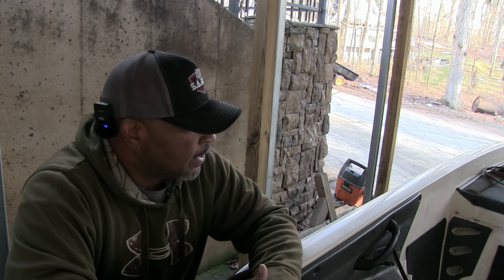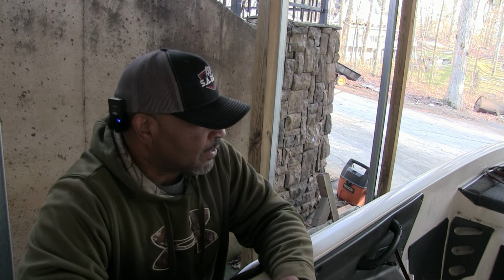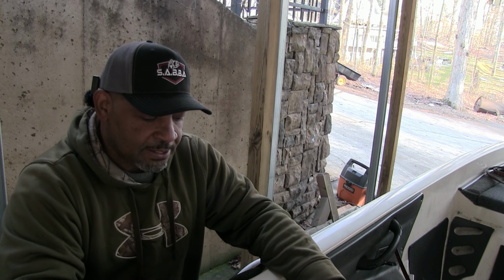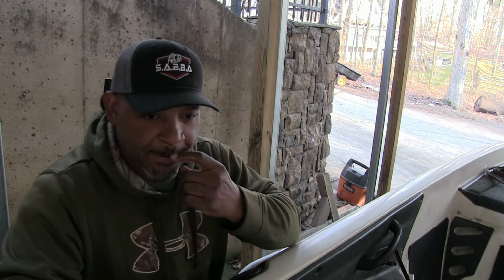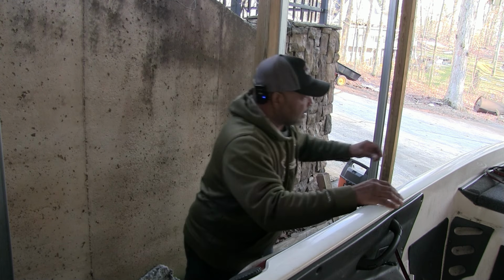So we have done this whole boat with the trim lock slash carpet trimming. It probably took us, if I had to guess, without any interruptions, an hour and a half, maybe. Like I said, once you get your system down, it goes pretty quick once you have all your trimming trimmed, because I had everything trimmed around this carpet before I started, so that helped out a lot. And just a quick tip,